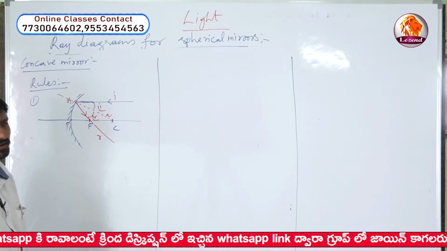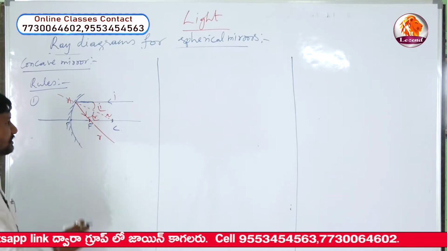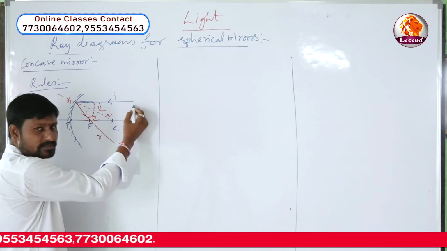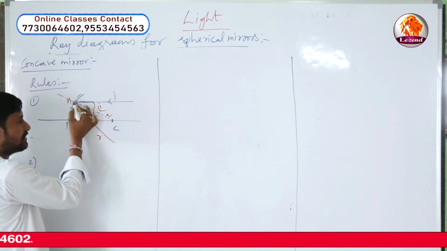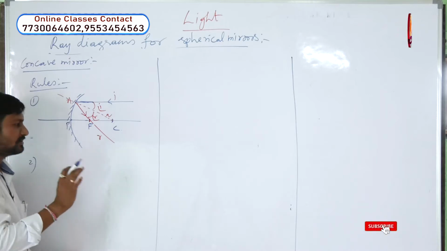We are seeing the rules for concave mirror now. So this is first rule. What is that? A light ray which is parallel to principal axis, after reflection, it passes through its focus. That's all. Number 2,